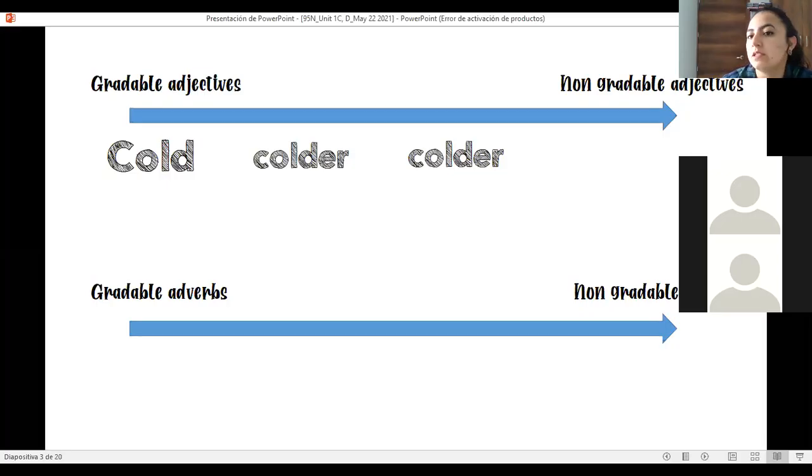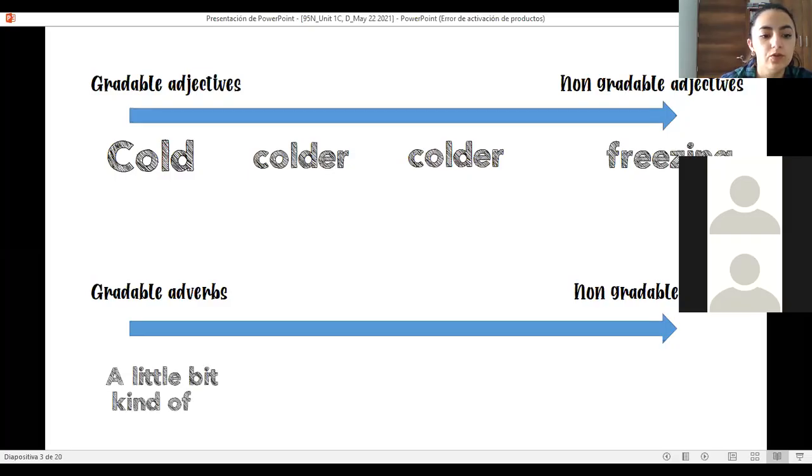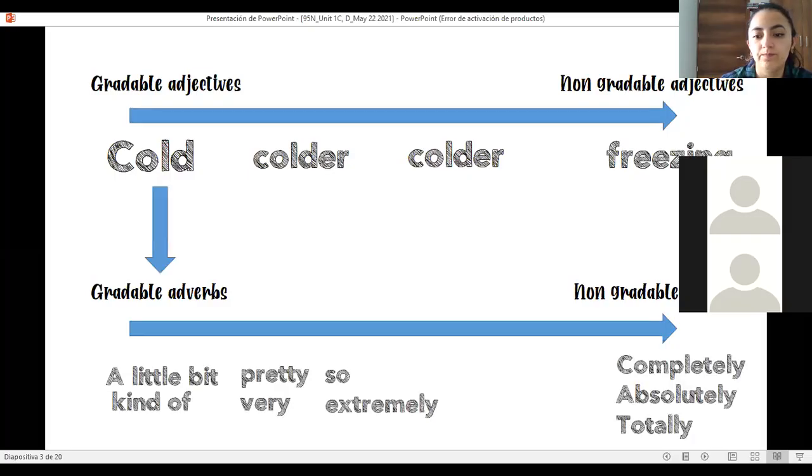And of course, when you get to the limit, you're going to use a non-gradable one. Don't forget that we are going to use them both if you want. I mean, gradable adjectives with gradable adverbs,